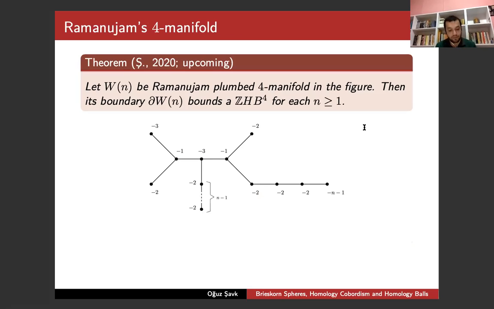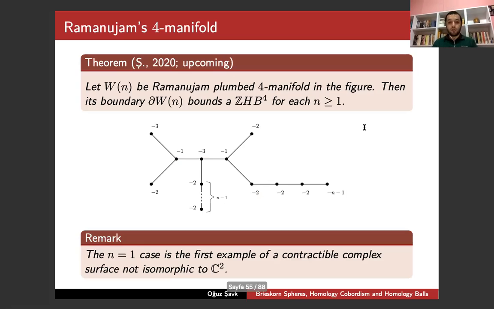This is also related to algebraic geometry. I call W_n Ramanujan plumbed four-manifolds. Their boundaries are always again integral homology spheres, and they all bound integral homology balls. Why did I call them Ramanujan manifolds? Because the n equals 1 case, the base case, appeared in the classical article of Ramanujan. It was written in